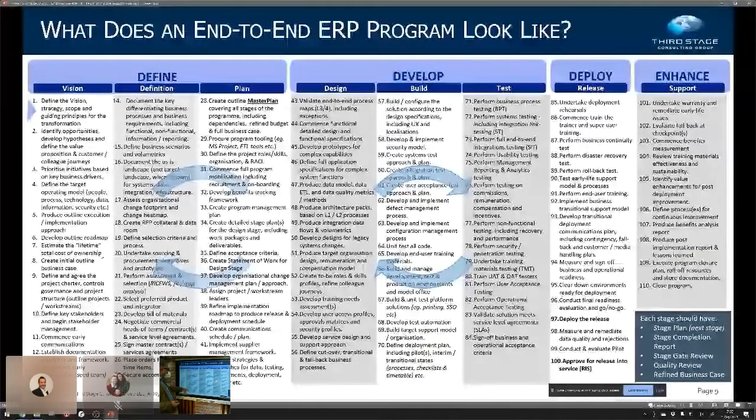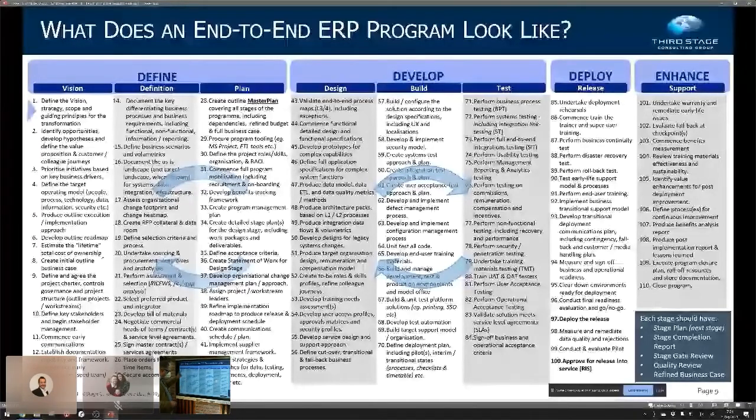In the definition stage, we've got an operating model transformation and a selection and procurement methodology. And in the plan stage, again, we've got collateral in that stage to help support this, because actually this is where it's really, really important. If this goes well, then this will go well. If this goes badly, then this will never, ever recover.